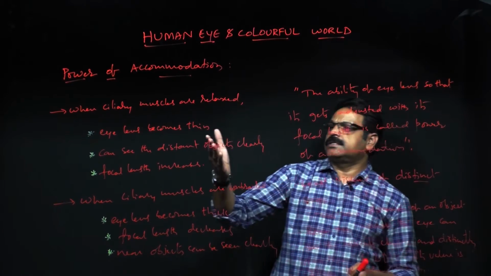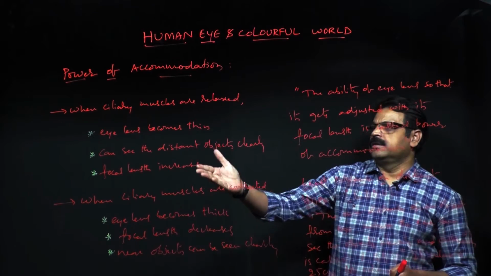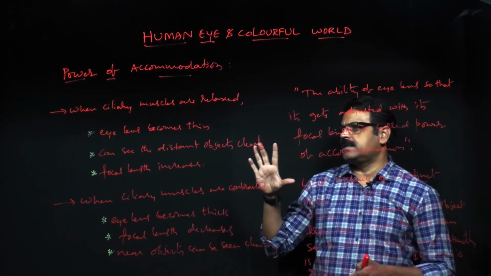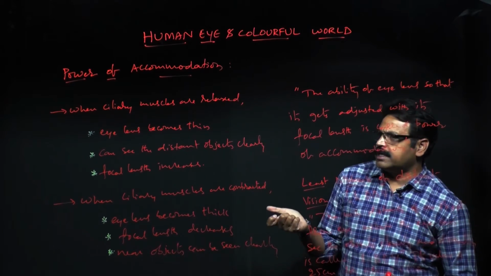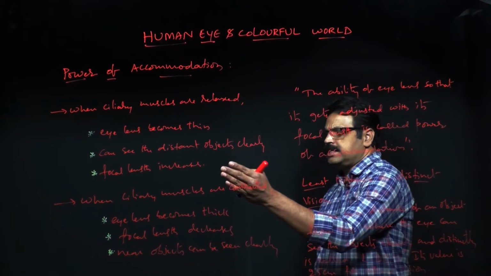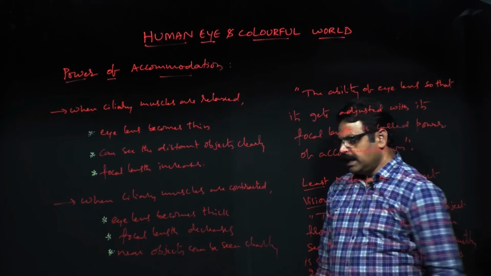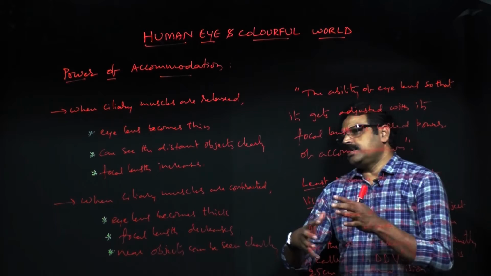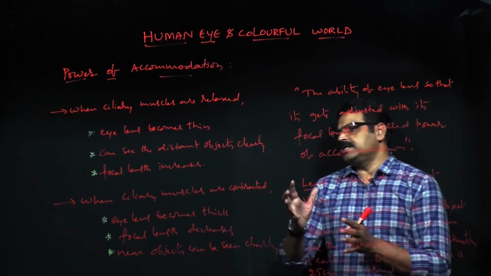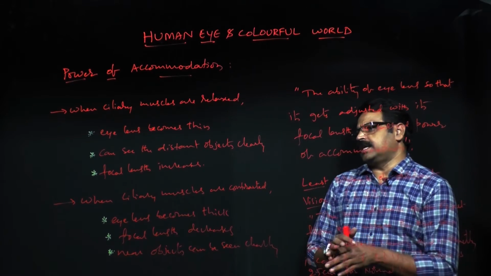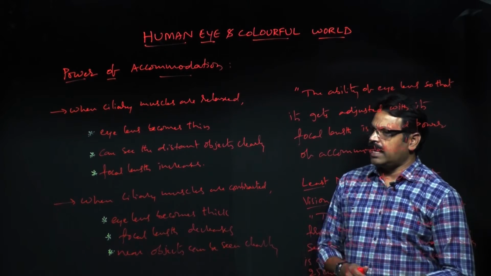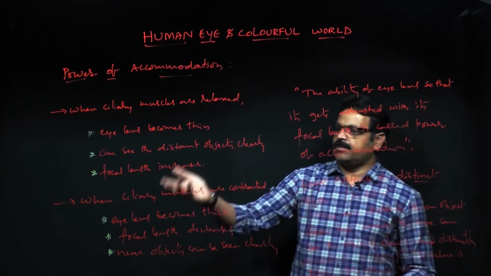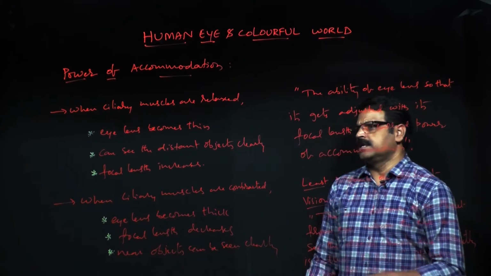So when it becomes thin, that is by means of relaxation of ciliary muscles. When ciliary muscles are relaxed, then eye lens becomes thin, then focal length increases so that a distant object can be easily seen. That means ciliary muscles are making the curvature of the eye lens get adjusted accordingly, depending upon where the eye is focusing. So these are the two cases where you can see the nearby objects or distant objects